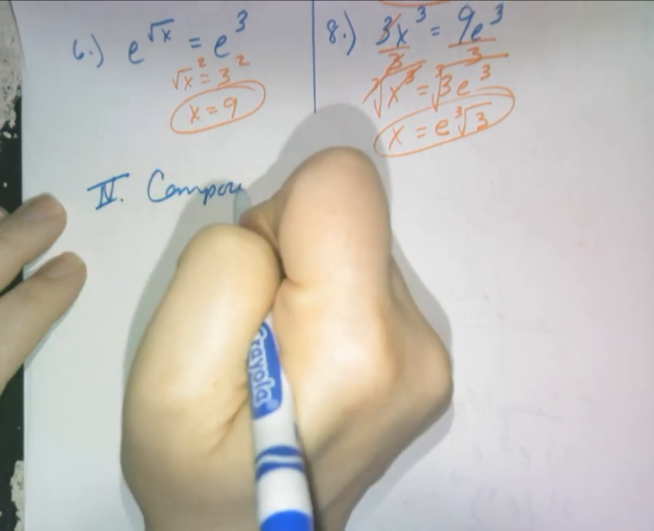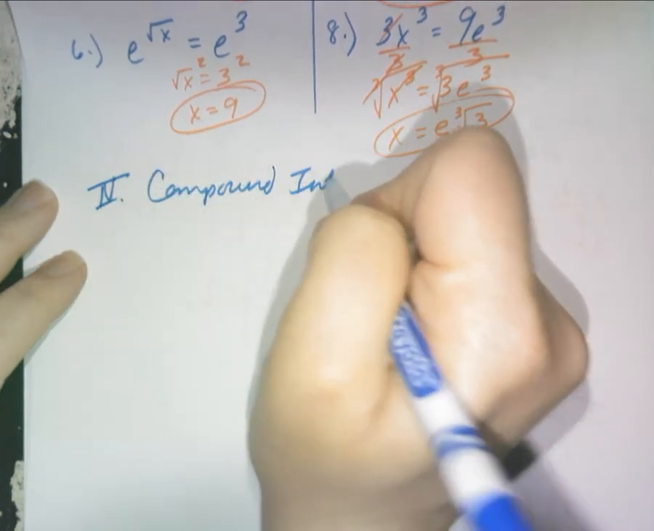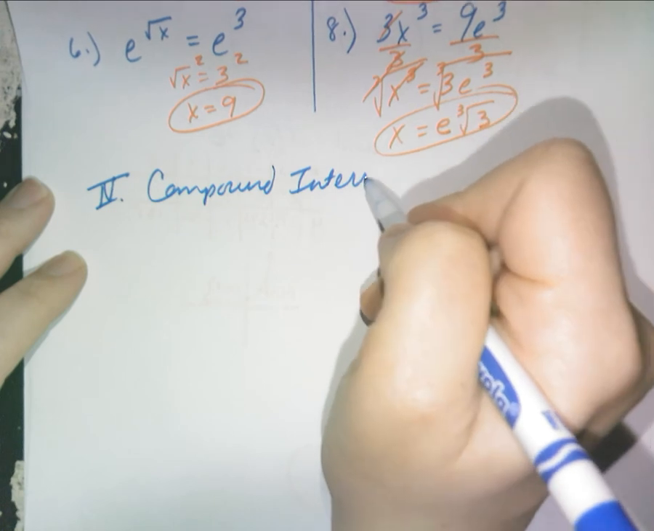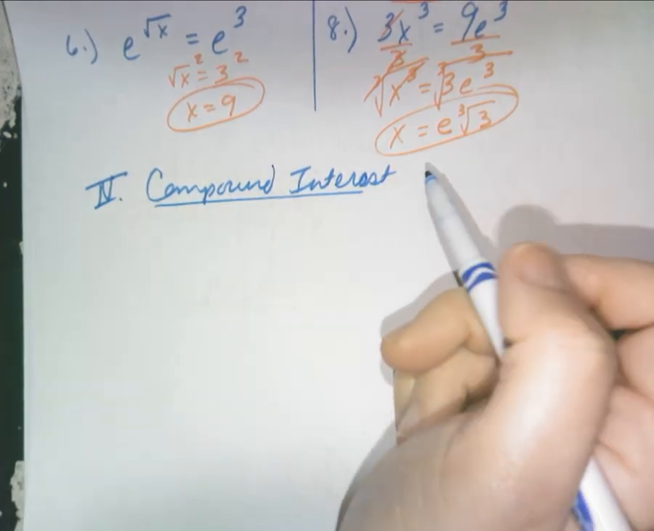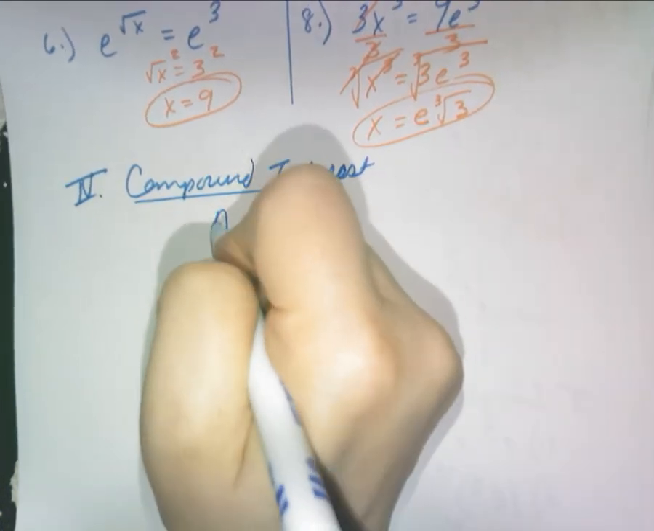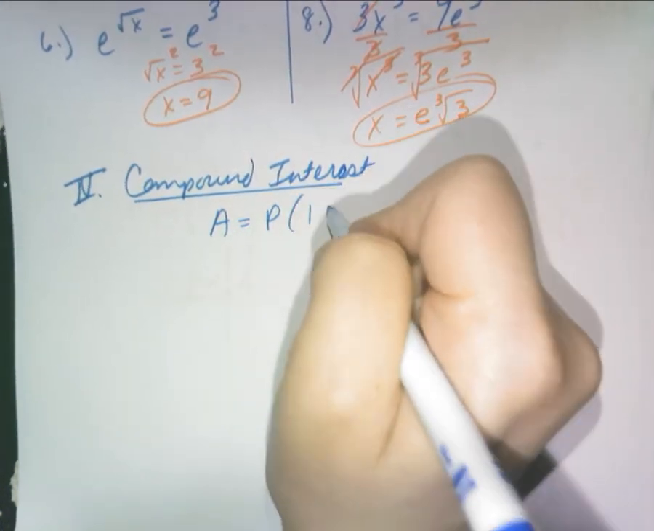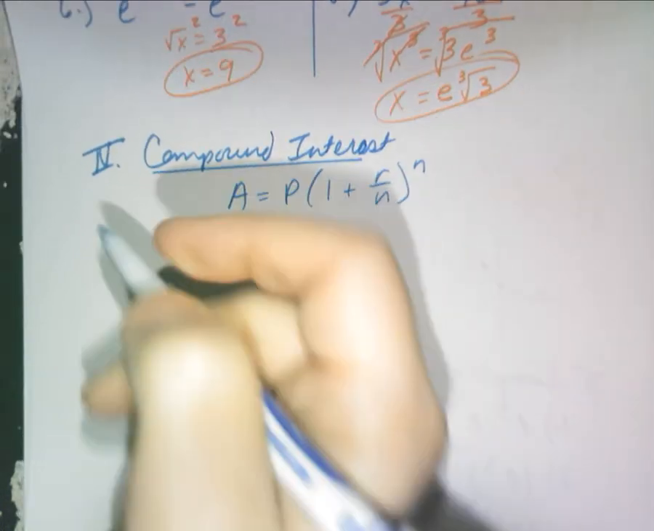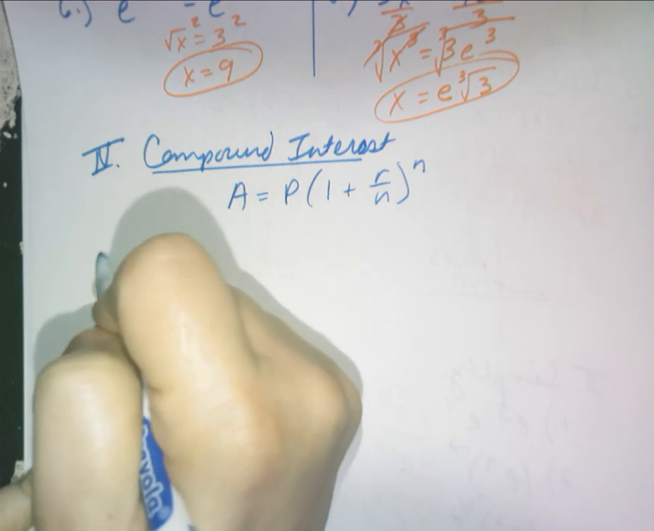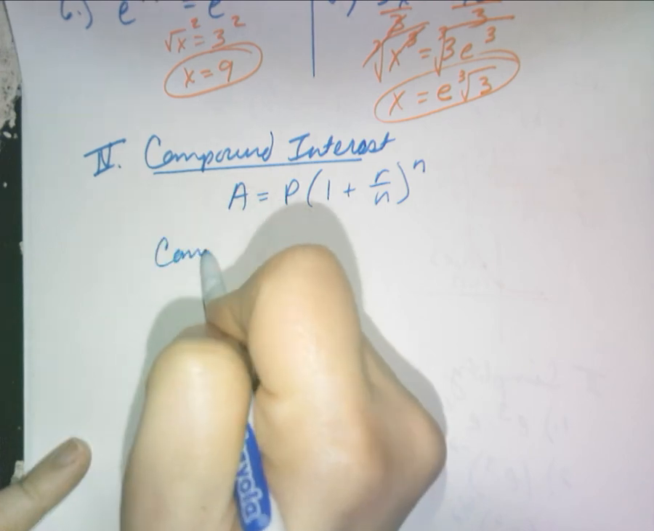Compound interest. This is where all my business majors in here are going to have to spend most of the rest of their life. Compound interest. The compound interest formula is A equals P times 1 plus R over N to the N. I'm not going to use that one. I'm going to actually use this one, which is the compound interest